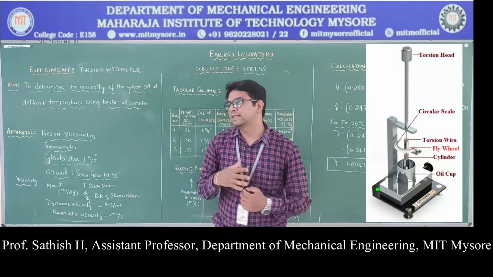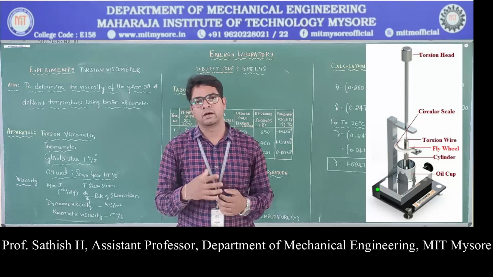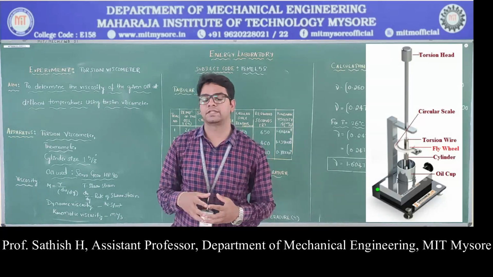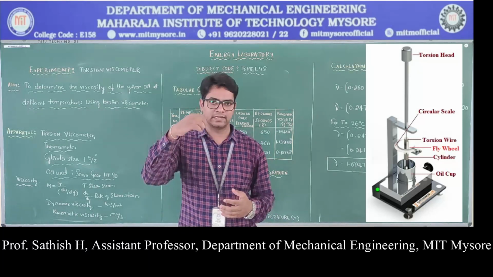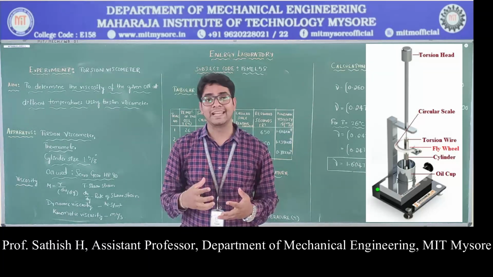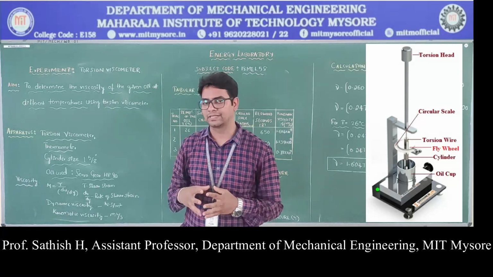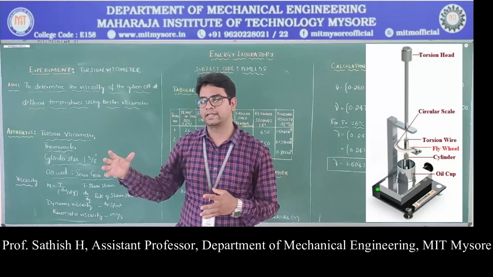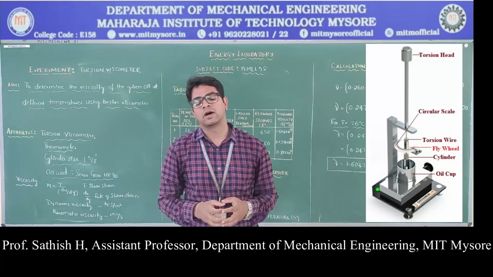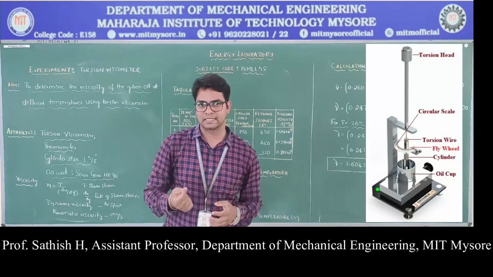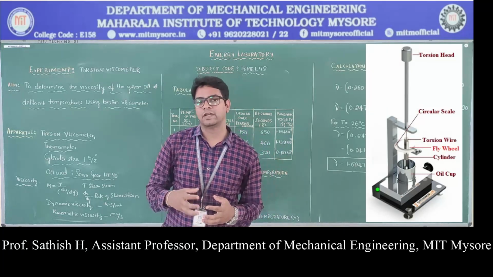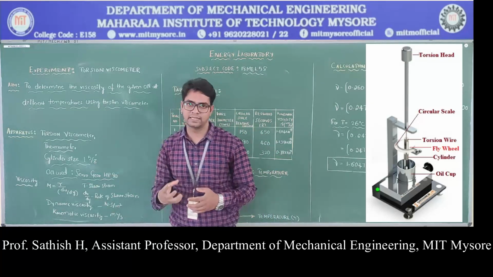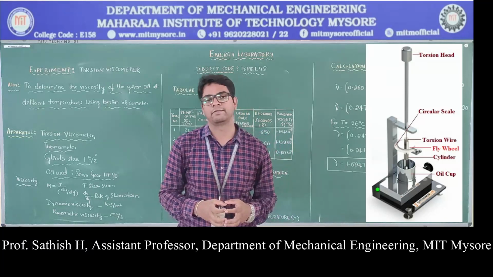Basically, in the apparatus we have a flywheel, which is circular in shape and has a pointer, and it is suspended from the torsion head with the help of the wire we are using, SWG 36, standard wire gauge 36, a torsion wire. We have provided a circular disc around this flywheel, and we attach the selected 1 5/8 inch cylinder to the bottom of the flywheel.